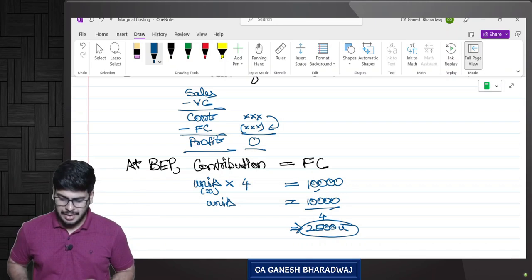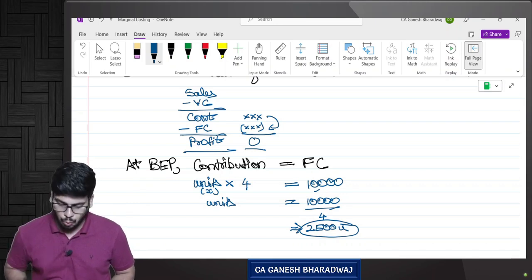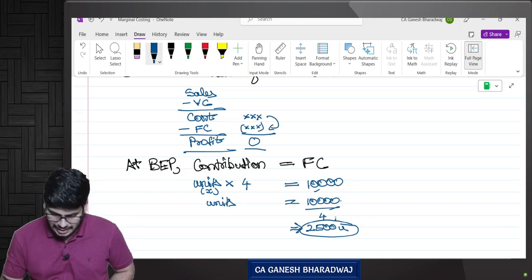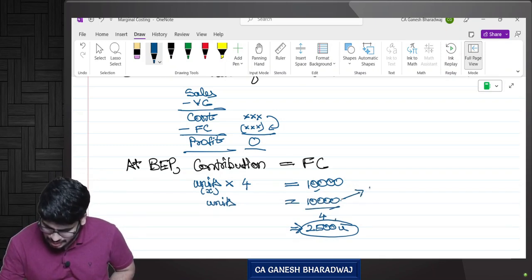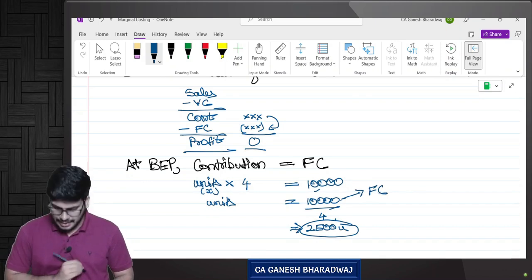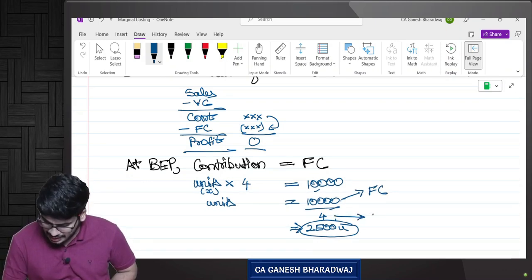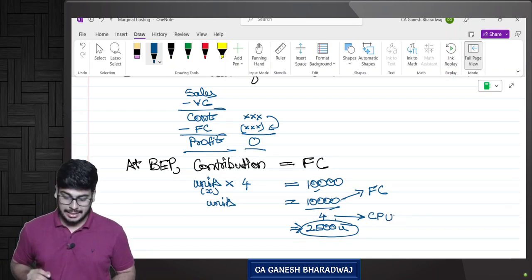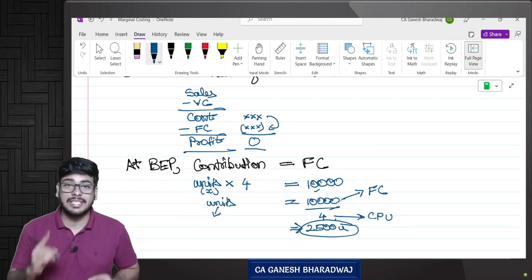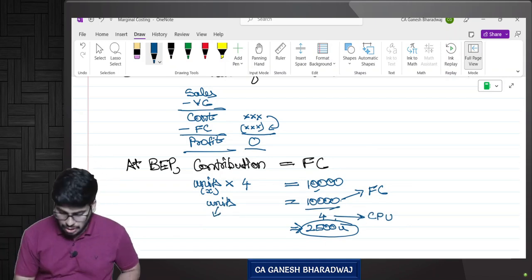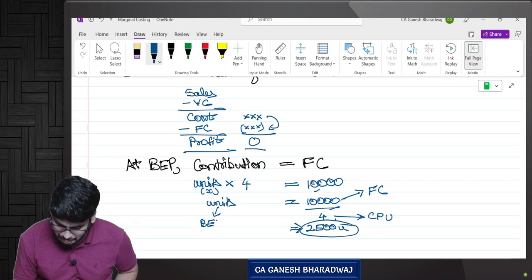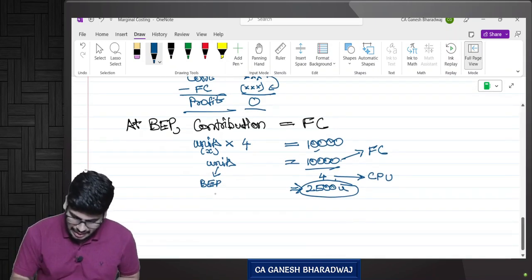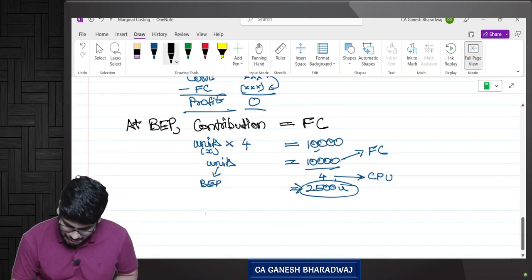So now what we did was, we did 10,000 divided by 4. Can I say this 10,000 is nothing but fixed cost? Yes, and this 4 is nothing but contribution per unit. I am writing it as CPU. And this X number of units at which my profit is 0, this is only called my break-even point. Yes or no? Can I say simply that